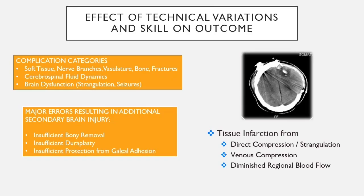Many surgical trials set requirements for the level of skill and experience of the operator. This would be next to impossible to do in a general TBI trial, but does influence outcomes. This requirement should be considered in any trial specific to a surgical intervention. Complications can occur as a result of poor technique, skewing trial results, as well as from variable follow-up and many